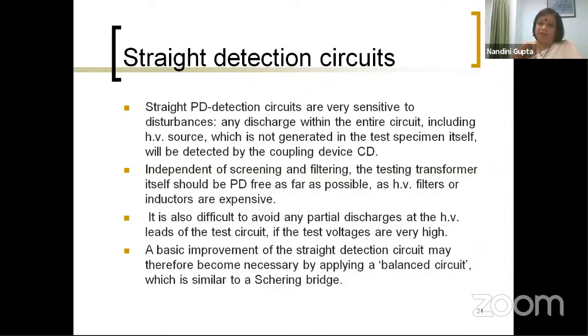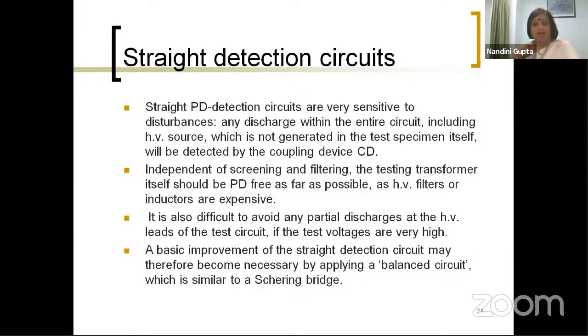The problem with the straight PD detection circuit is that if you have any other current flowing for any reason, it will interfere with the very small current that you're trying to measure. And therefore, the signal to noise ratio in straight detection circuits can be prohibitive. If you have any kind of discharge within this entire circuit, for example, the coupling capacitor, we have to make sure that it in itself is PD free. Even the source can be a problematic source of noise. And therefore, if you want to use a straight detection circuit, you will find that there is a lot of screening, there is a lot of filtering, and even then you might not be able to obtain